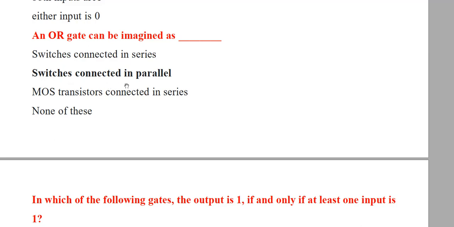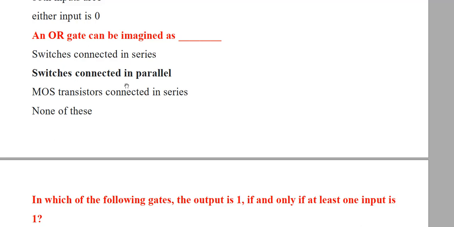For that we have to understand the truth table first. For the OR gate, let's consider two inputs. So if I have a 2 input OR gate, A and B are my inputs and Y is the output. When both the inputs are 0, the output is 0. If at least any of the inputs is 1, then the output is 1. For 0 1, the output is 1. For 1 0, the output is 1. For 1 1 also, the output is 1. This is for the 2 input. The same can be used for 3 inputs and we can derive the truth table.